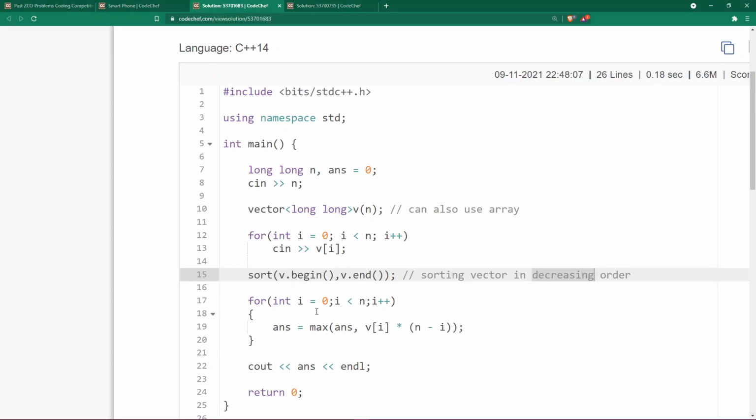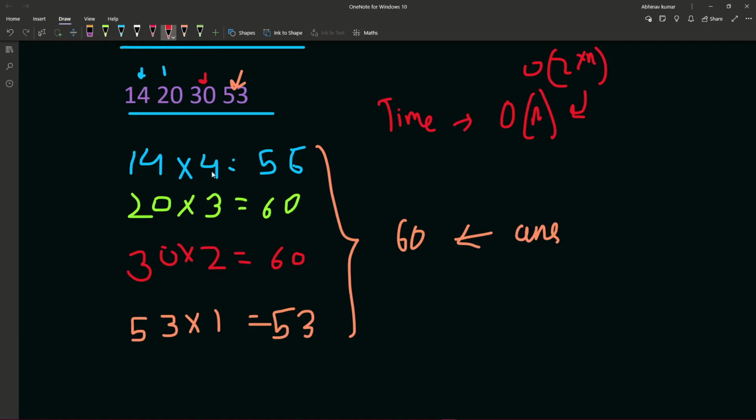Now we are going to run a loop from 0 to n, because I have used 0 based indexing. Then my answer is going to be the maximum of answer comma v of i into n minus i. This is like v of i, which is 14, into n minus i.